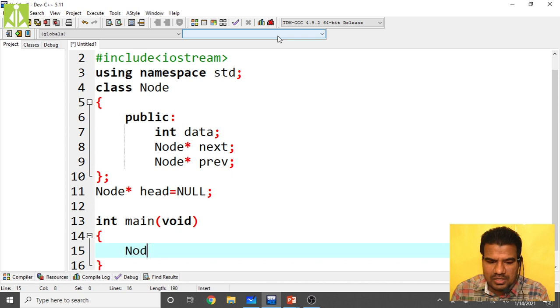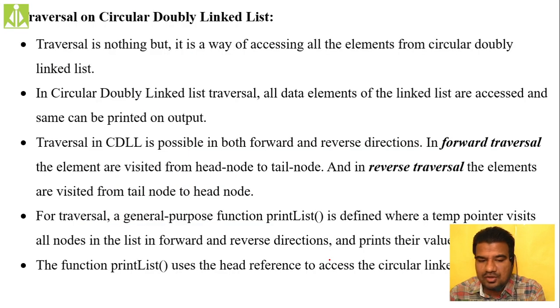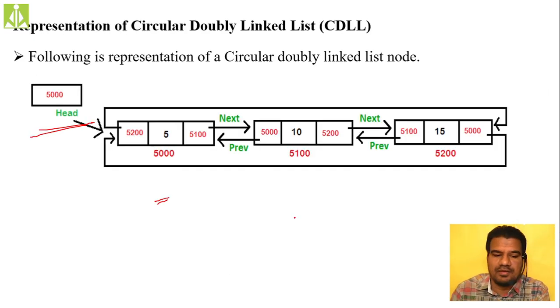So Node star, when you are creating the pointer in our implementation, whenever you are creating either the head pointer or the temporary pointer, don't allocate the memory dynamically, because allocation you do it statically. Because they are the reference ones. When you are declaring reference ones, do the allocation statically.